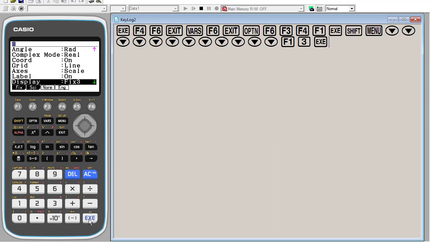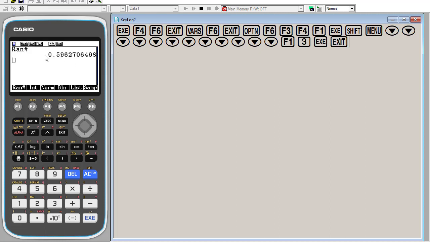And so we're going to hit execute, and remember to get back to where we were, we hit exit, and this gives us back where we are. Now it's not going to change the one we did before, but now if I hit execute again, I get a new random number that now has only 3 decimal values. And I can continue to hit random, and I'm going to get different random values. I could toggle, oh, it's not going to let me toggle because it's a random number. So that's random numbers between 0 and 1.